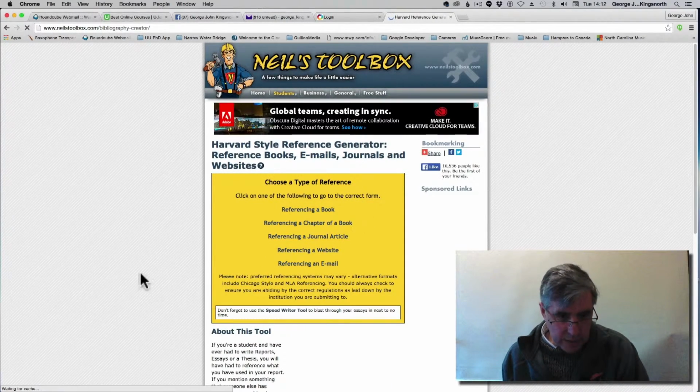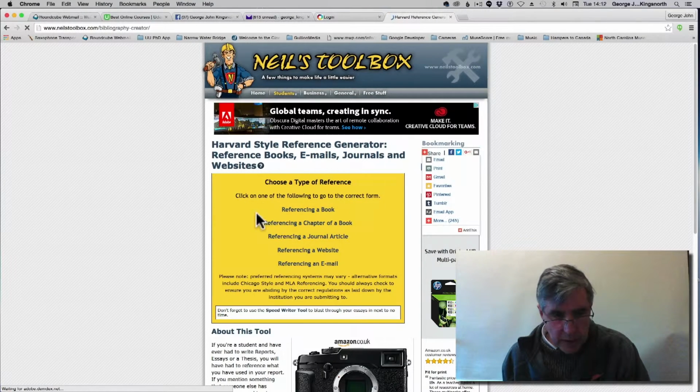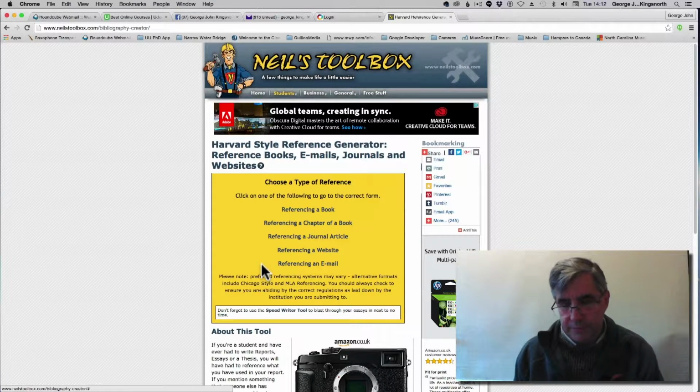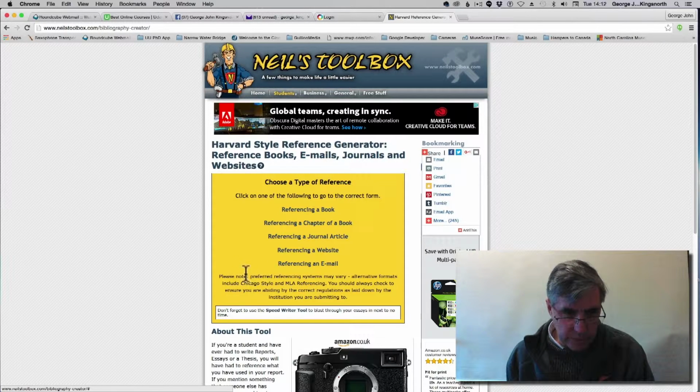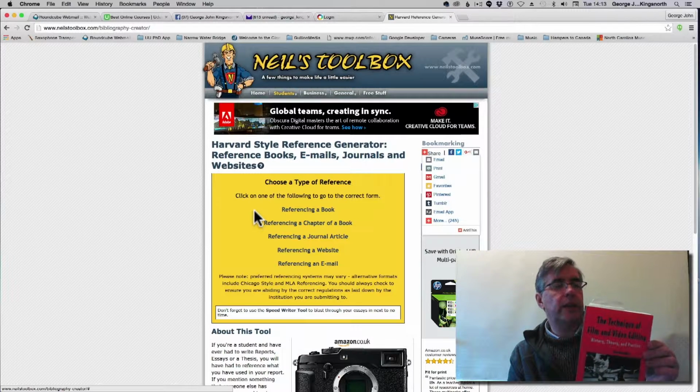we can see it's a fairly simple tool. We don't need to read too much there. We can reference books, chapters in books, journals, websites, and emails. We can also reference the likes of videos and films as well. So at the moment we're going to start off with this book here, which is The Technique of Film and